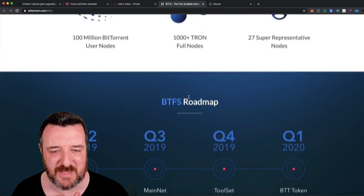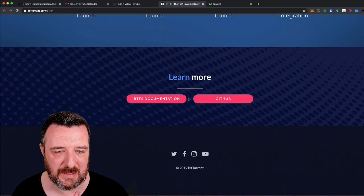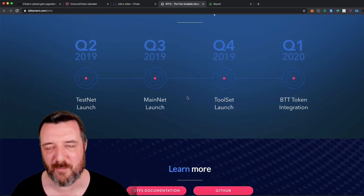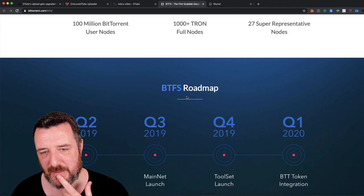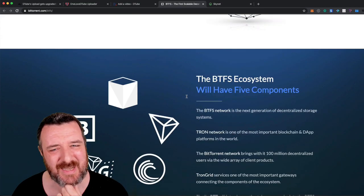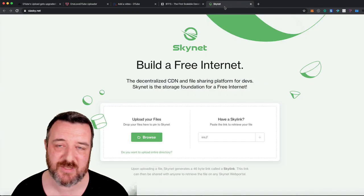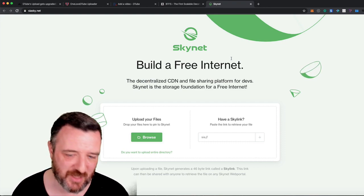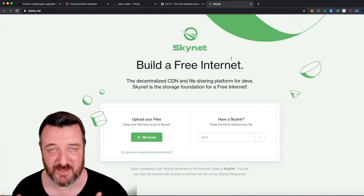And maybe we'll get a rough idea of where this is kind of heading to, because I'm still a little bit unsure how the BTT token is going to make money. Are people going to pay for a faster BitTorrent download? I'm not so sure. Whereas Skynet, I think, is going to be the interesting outsider, because the SIA network and